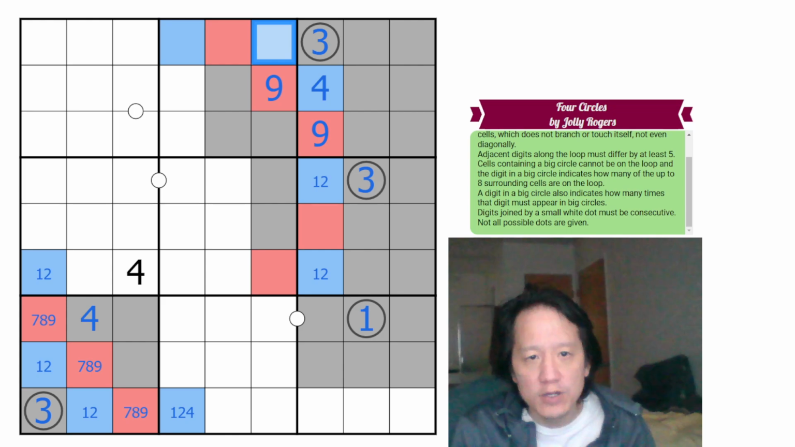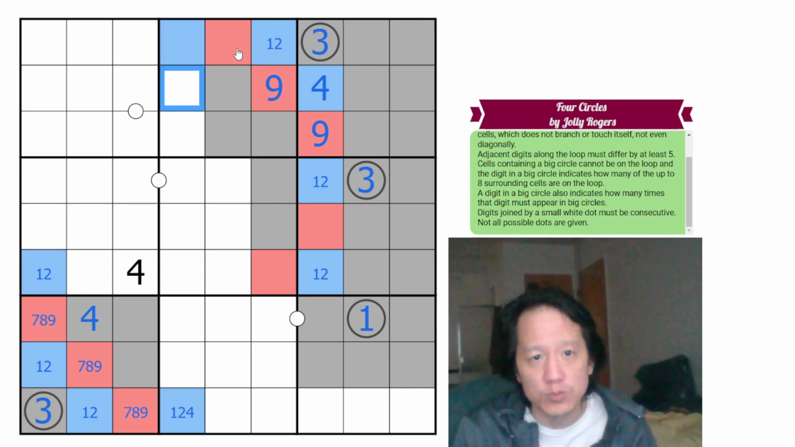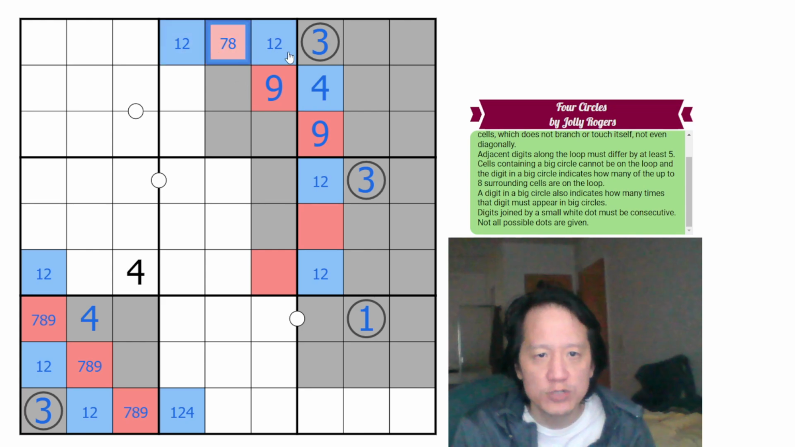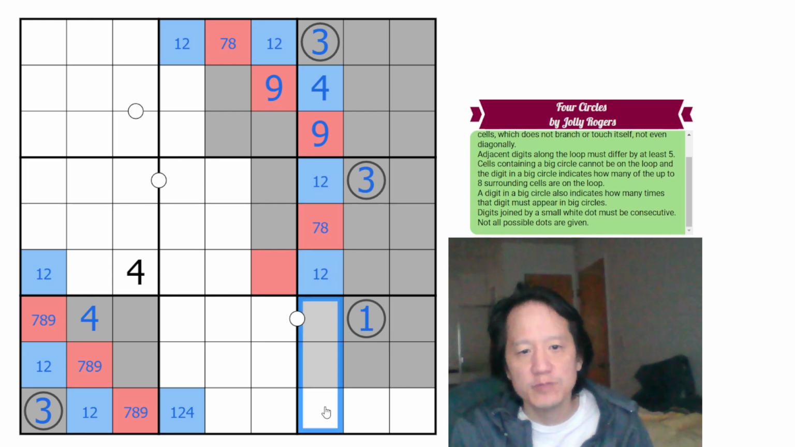This can't be 3, so this is 1 or 2. It cannot be 4 because it's next to 2 unique digits on a German whisper line. This can't be 4 because it either goes this way or it goes this way, which means it's next to 2 unique digits on a German whisper line. So this is 1 or 2. This is 7 or 8 because it's next to 2 unique digits on a German whisper line. And this is 7 or 8,